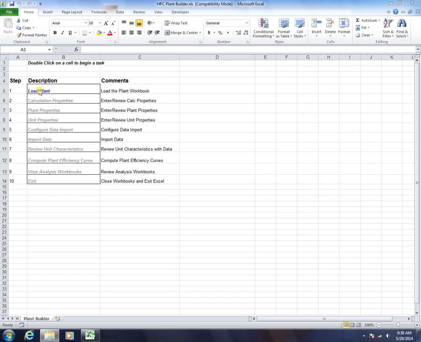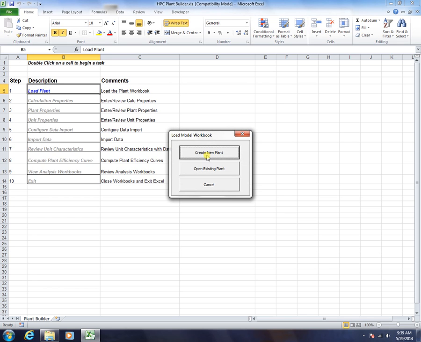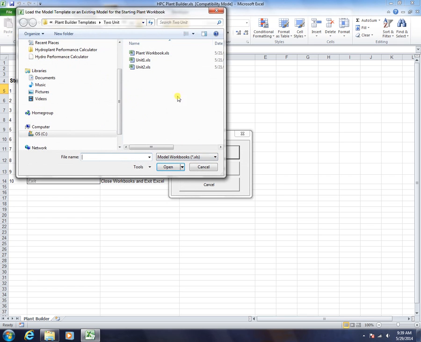It's a navigation worksheet. It shows what tasks I need to complete to do a plant model. The light gray ones are the ones that haven't been performed yet, and the blue one shows the next task to perform. It says double click on a cell to begin a task, so I'll double click here to load a plant. We're going to create a new plant,